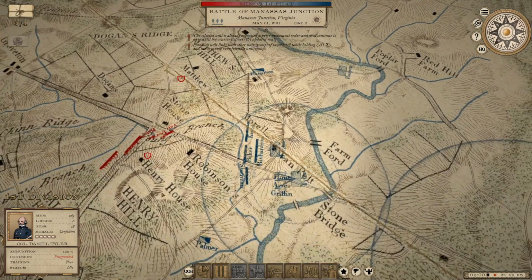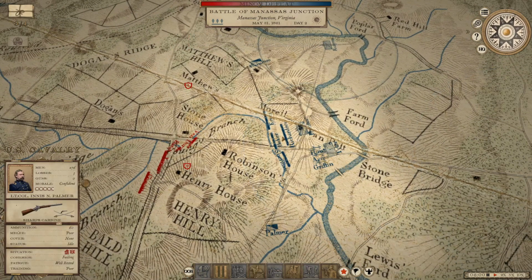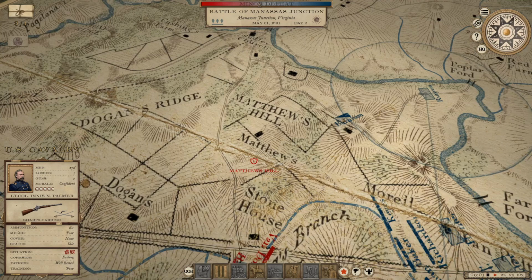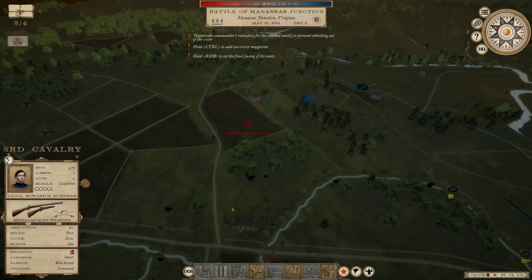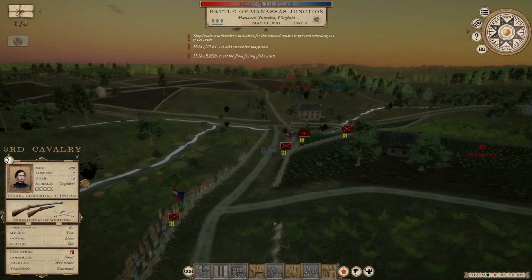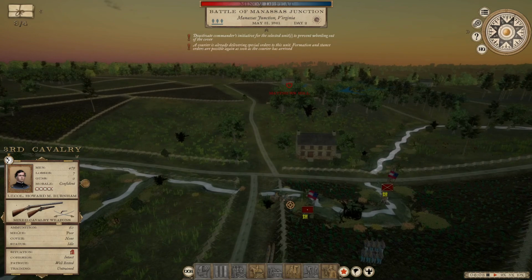All right, so I have our redeployed forces from overnight, and we have our infantry brigades moving up. Doesn't look like they've moved too far. I can kind of spot them. I'm using this cavalry force over here as a scout. I'm going to move up to this building over by Matthews Hill, and we're just going to keep an eye on these guys. So they've set up behind a line of defensive works here. That looks like a line of fences